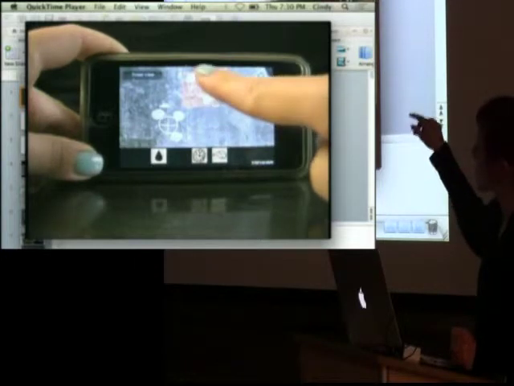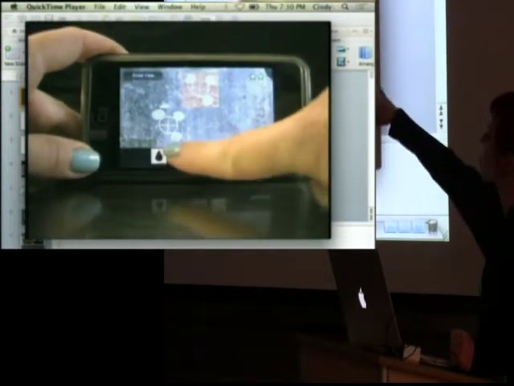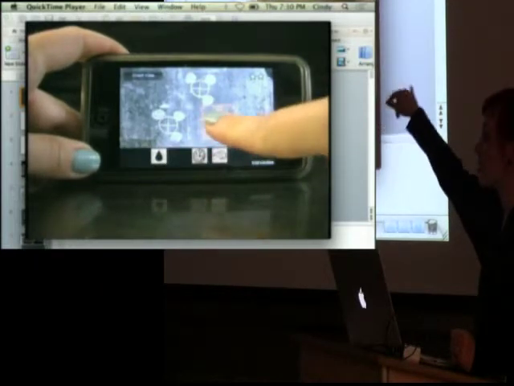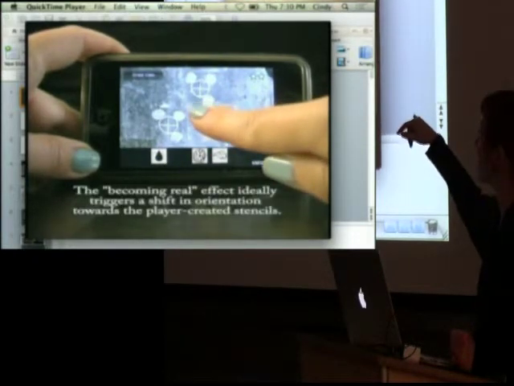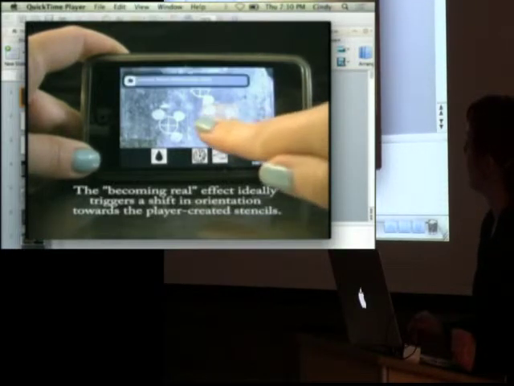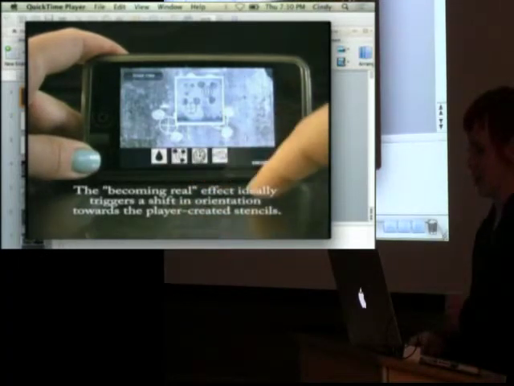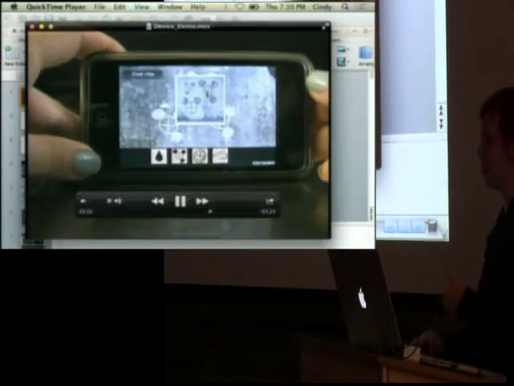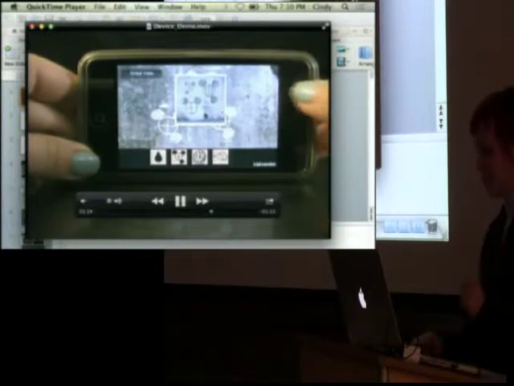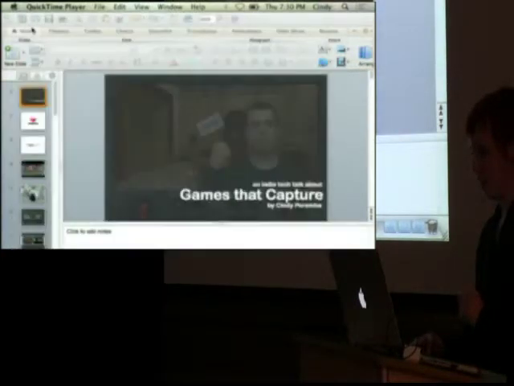So if you went through the game, the scoring would work. There's a number of different ways that the scoring was implemented, but you could get bonuses for doing things that recreated aspects of the real environments. For example, you can see I'm accumulating my bonus stars at the top. By recreating that, it brings the photo into the game. I had to do things like put the photo border around it, again, because of what I was saying before. But then you have this nice sort of persistent wall.